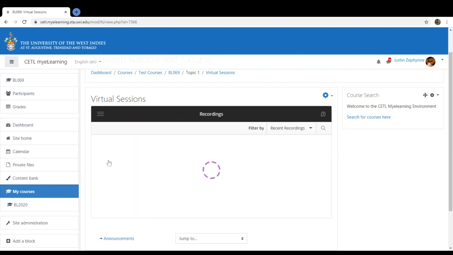When you click on recordings, of course, we have no recordings yet, but it'll show you all the recordings that you have. It doesn't matter if it's 30 days, that's just the default setting, but it will store all your recordings for the semester.